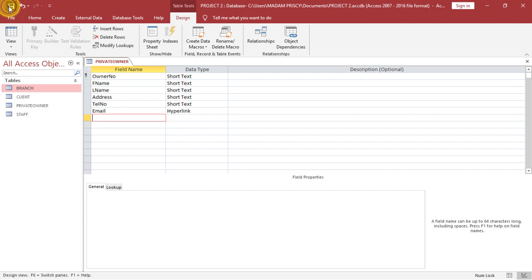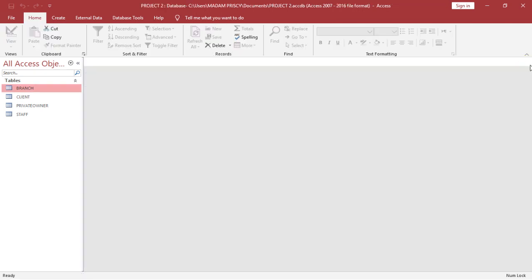So when you are done, you save changes and you close it, because I've already told you, whenever you are in the design view, you have to save whatever you do here, because the system will not save it automatically for you. But when you are in the data sheet view, whatever you do there, the system will save it automatically for you. So we close it. Okay,